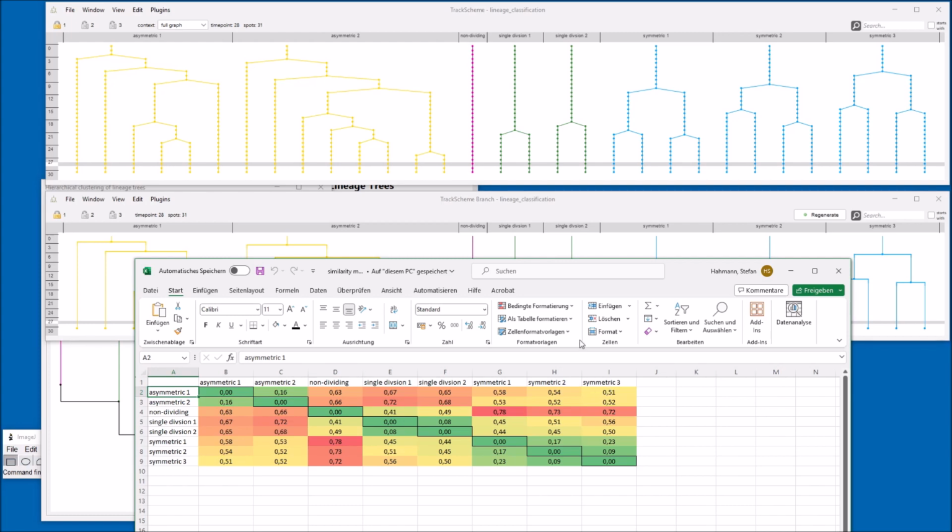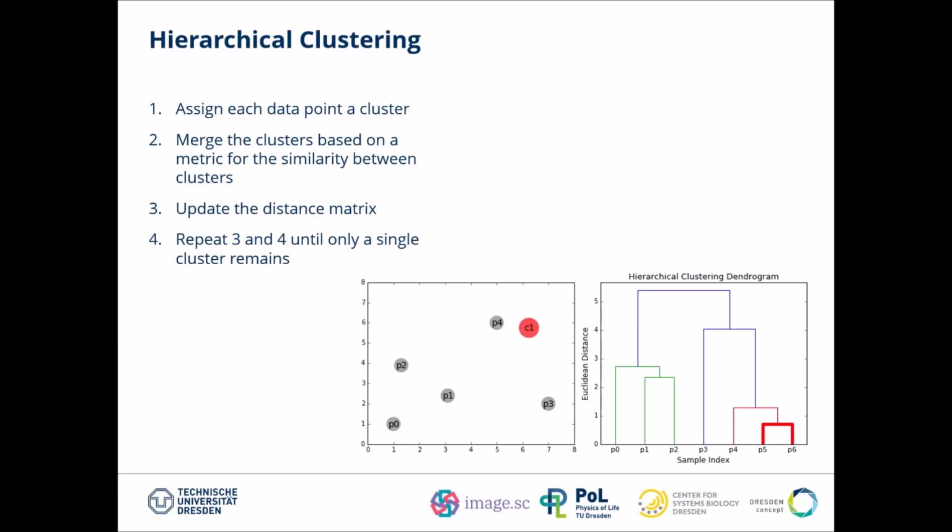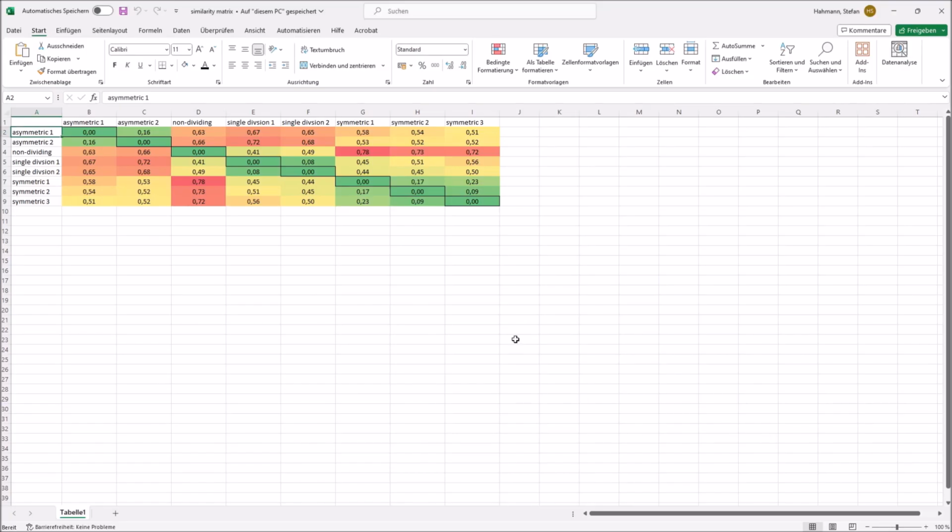With all of these, we create this similarity matrix. And this similarity matrix we can then use to compute some hierarchical clustering. For the hierarchical clustering, I will only explain very shortly here. If you are interested in that, there are many resources on the internet that you can use to inform yourself. So the idea of the hierarchical clustering is that